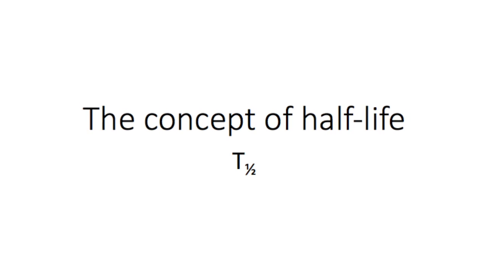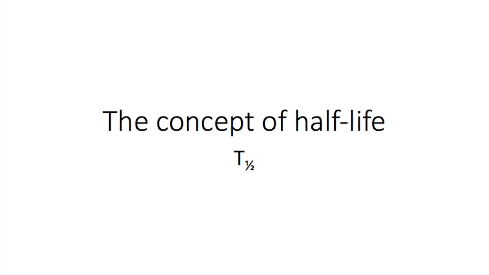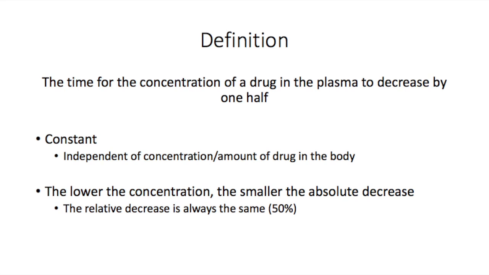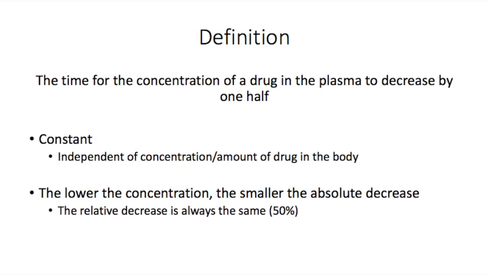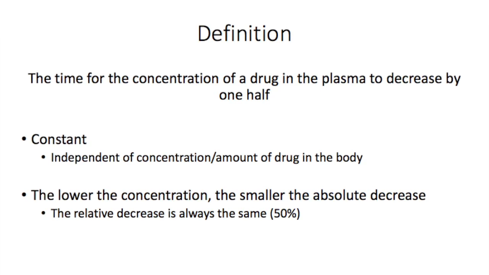Because drug concentrations deplete from the body in an exponential manner, it is possible to calculate the drug's half-life. The half-life is the time needed for the concentration of a drug in the plasma to decrease by 1/2. Note that the value of the half-life is a constant and independent of drug concentrations or the amount of drug